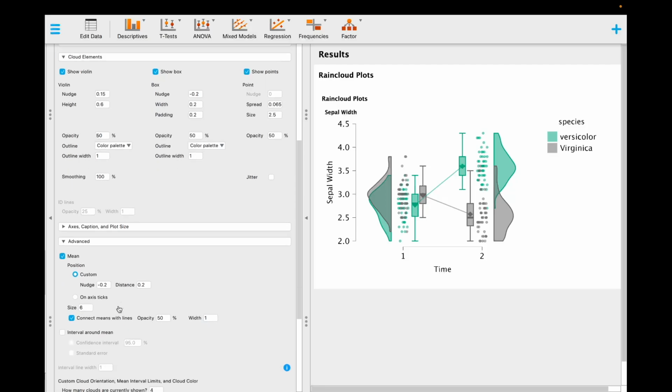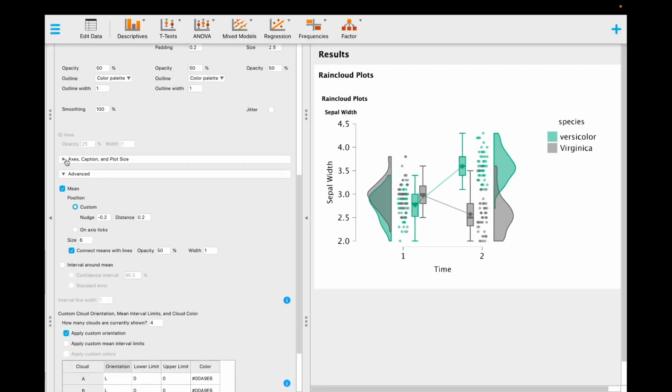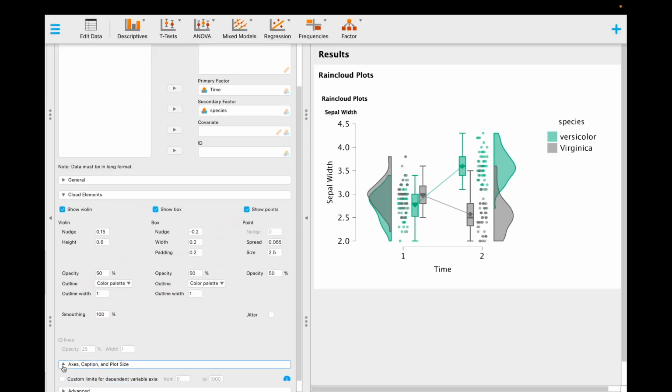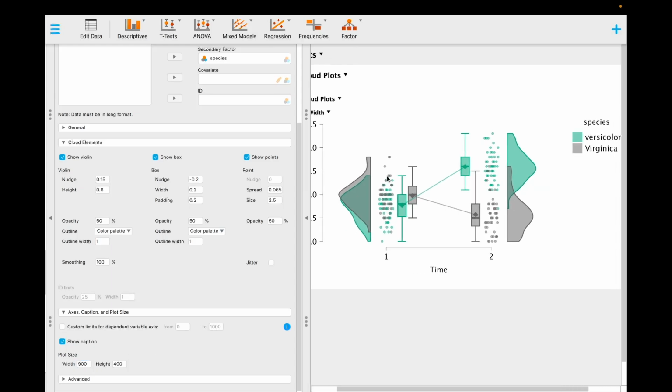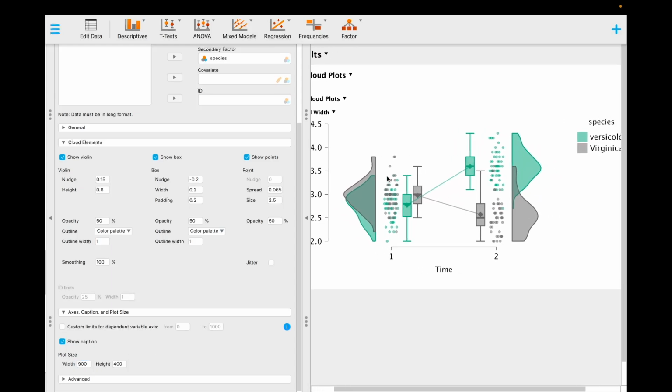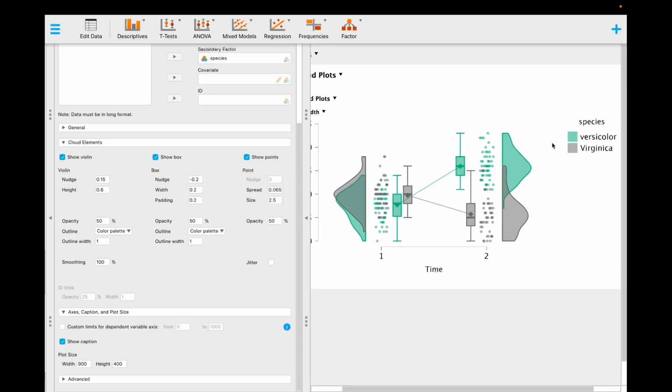And then maybe even make the plot a bit bigger still. Like so, for example. And now if you export this, maybe you would want to decrease the spacing over here,